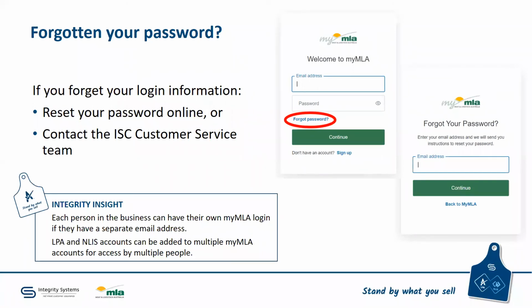Each email address can only be used for myMLA once, but say a husband and wife wanted to have their own, or you might have someone who works for you and you want them to have access to create the eNVDs. They can just set up their own myMLA, and if you've given them the username and password for the LPA account, they can link that to their account so they can generate the eNVDs if they're managing the